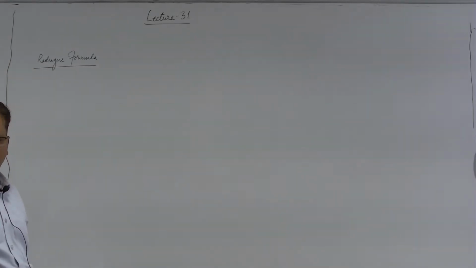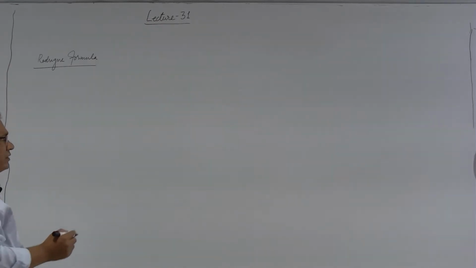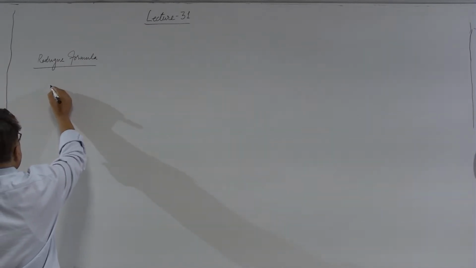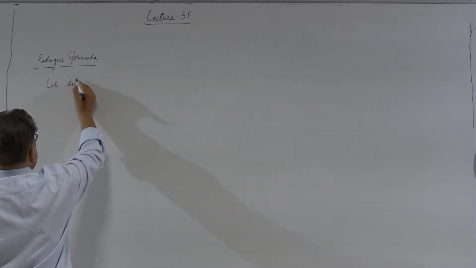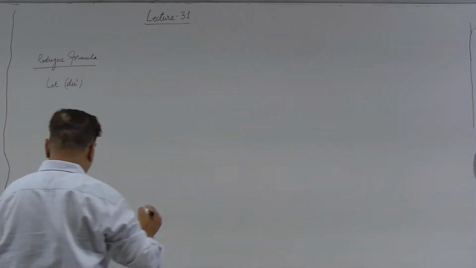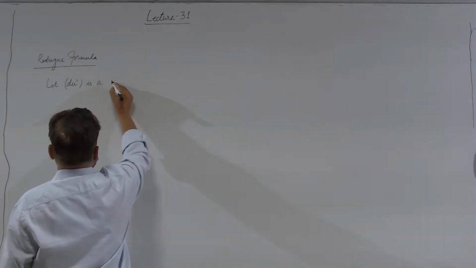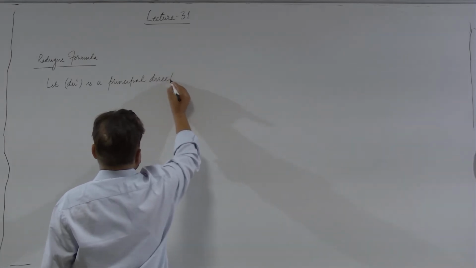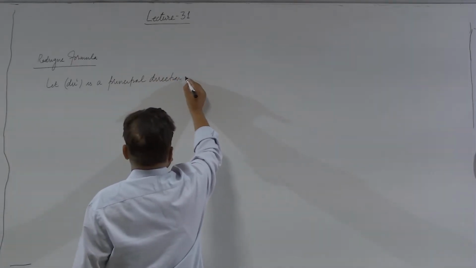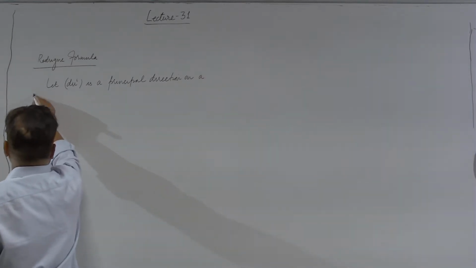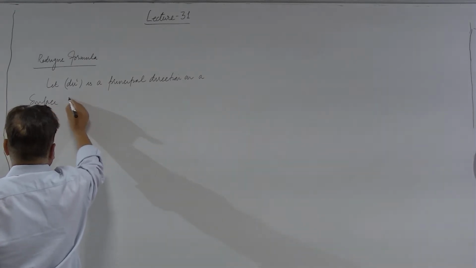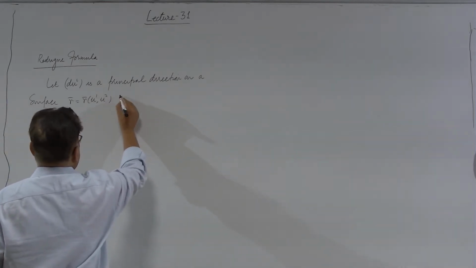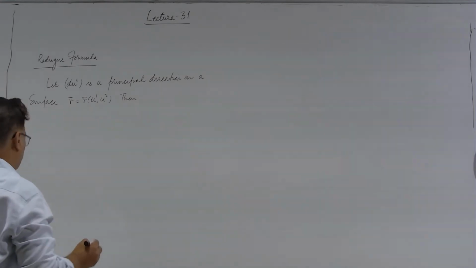So, as usual we have a surface which is regular, and if k is the principal curvature and dui, let me write down the full statement, let dui, i runs between 1 and 2, be a principal direction on a surface r equal to r of u1 u2, then the following formula holds, that is,